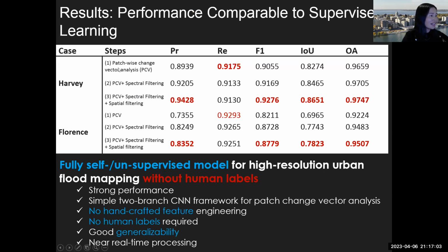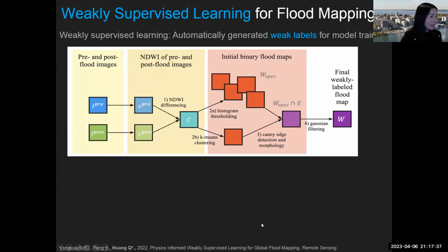Evaluated with different strategies, including post-processing, the model can achieve performance that is comparable to supervised learning. The result indicates that real-time flood mapping is possible with a fully self-supervised or unsupervised model. The model can achieve strong performance without handcrafted feature engineering, and also achieved good generalizability across both Harvey and Florence sites. The next effort we focus on is developing weak labels to train the model